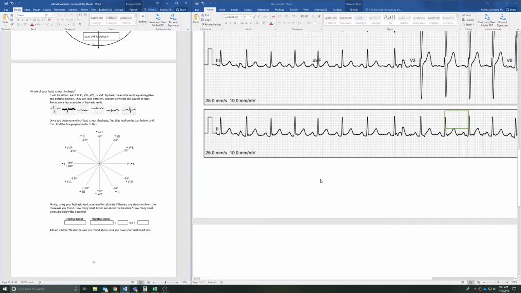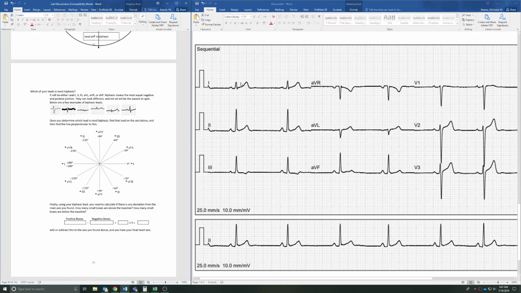It's harder to gauge your axis if you have a lead like this, or all of your leads are looking like this, where there's not an obvious one that is biphasic. So right away, I cancel out 2, 3, AVR, AVF, and I'm left with looking at AVL